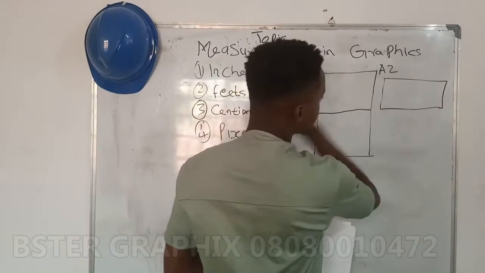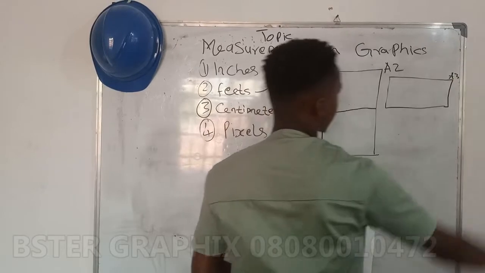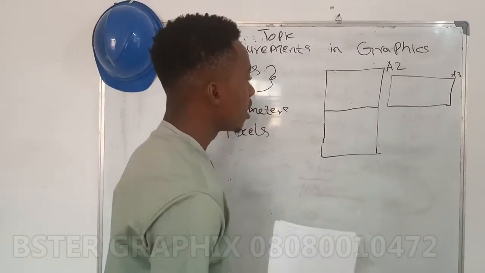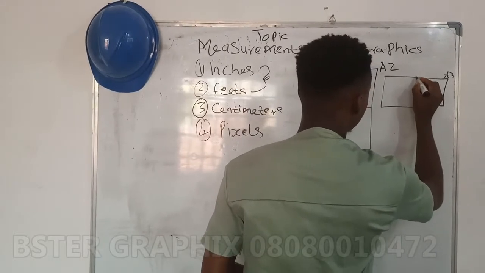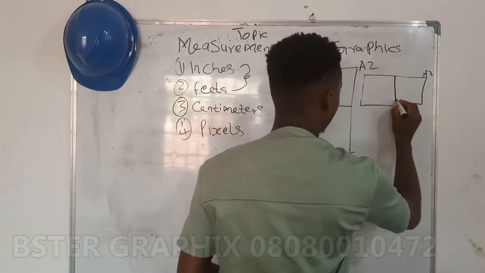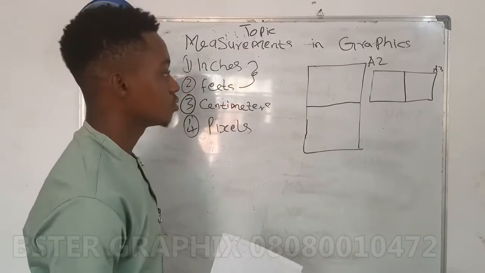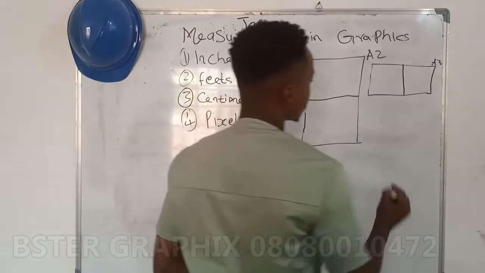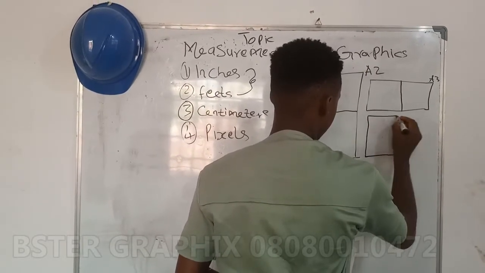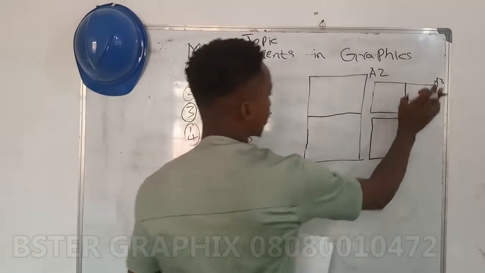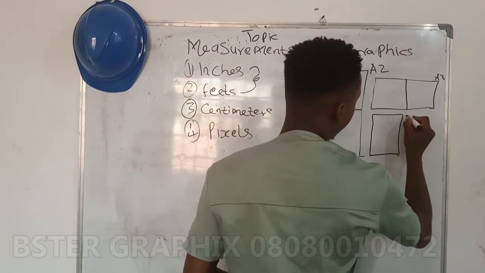So that one you got from that A2 is called A3 paper. Then for example, if you divide A3 into 2, you get a size like this. That is, if you use scissors and divide this A3 into 2, you get a size like this, which is A4